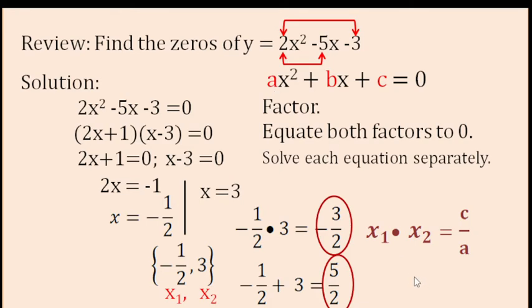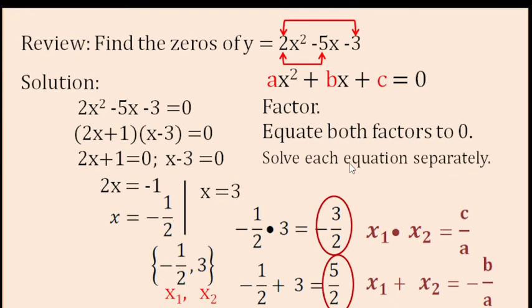And also, the sum of the two zeros is actually equal to the opposite of the coefficient of the linear term over the leading coefficient. So it's negative b over a. So we will use this idea in finding the equation of our quadratic function